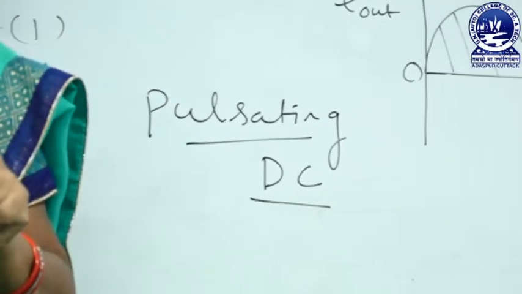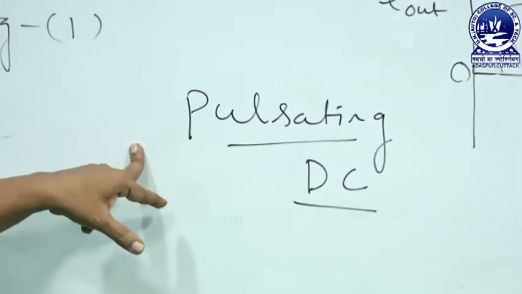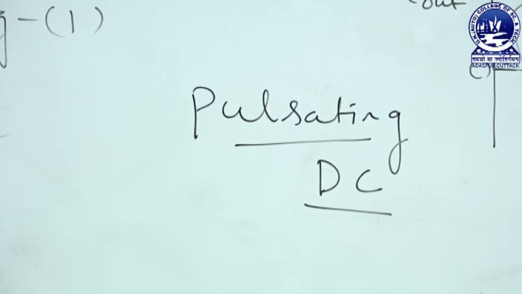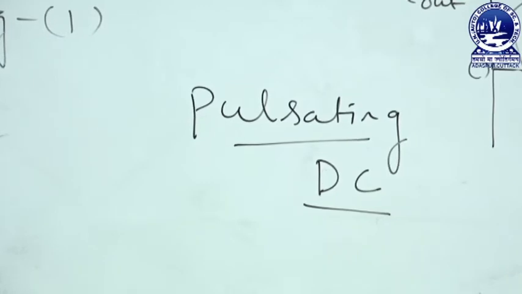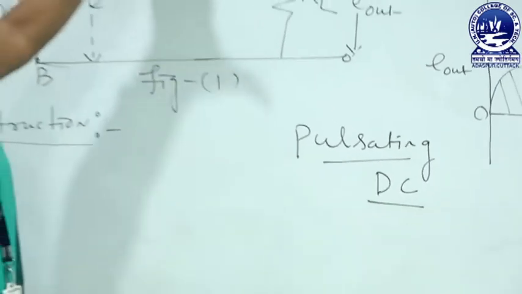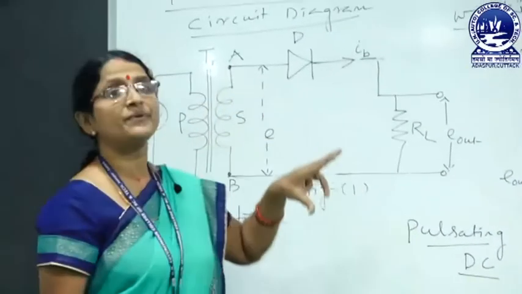Generally the pi filter is used here, which consists of 2 capacitors and 1 choke, which remove the ripple or AC component. Finally across the load we obtain a steady DC. This is all about the operation of the half wave rectifier.